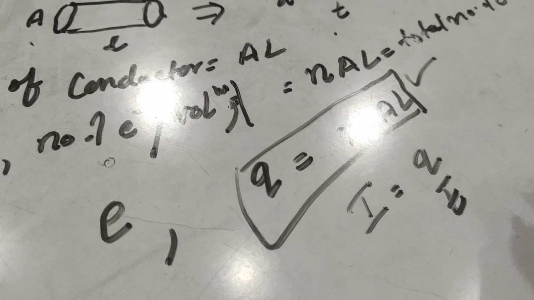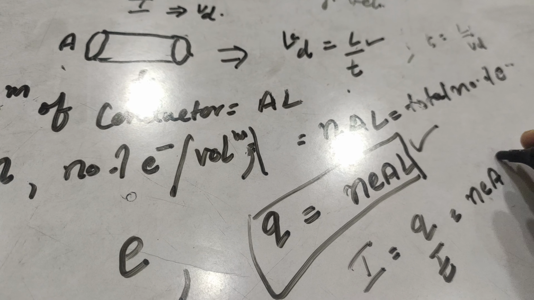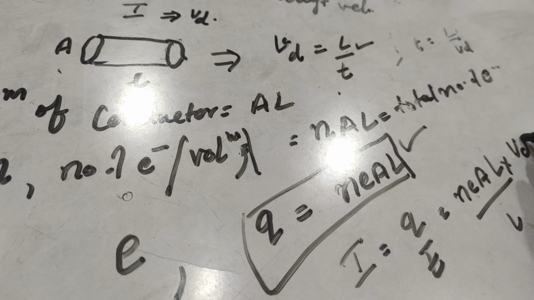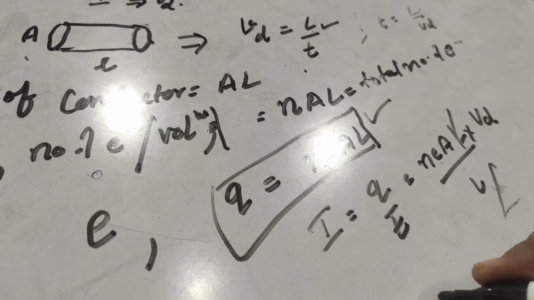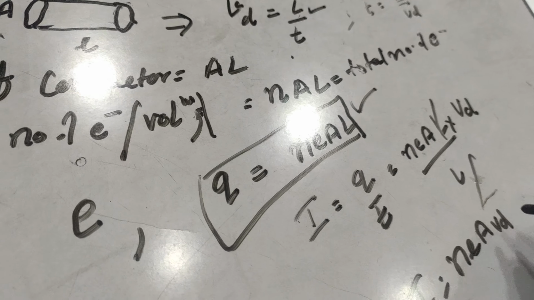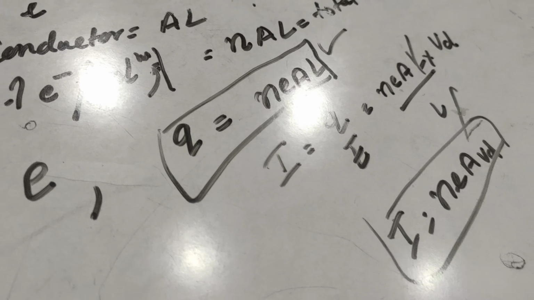So putting this value here, Q is equal to neAL, upon L by Vd. So L and L cancel out. So I will get neAVd. So this is the relation between current and